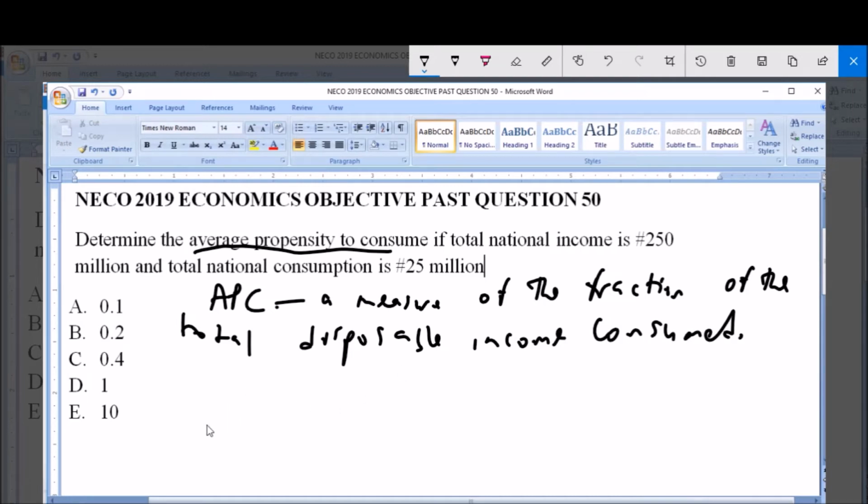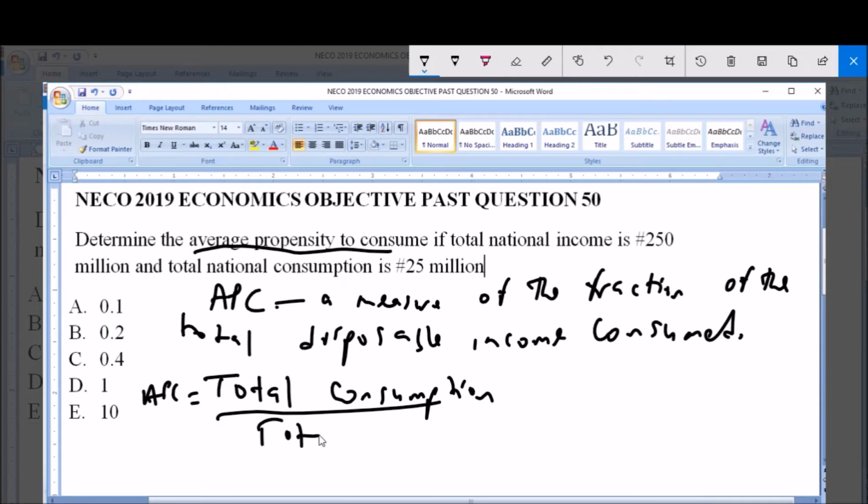It is simply calculated by dividing total consumption by the total income, and in this case is national. So quickly doing that,